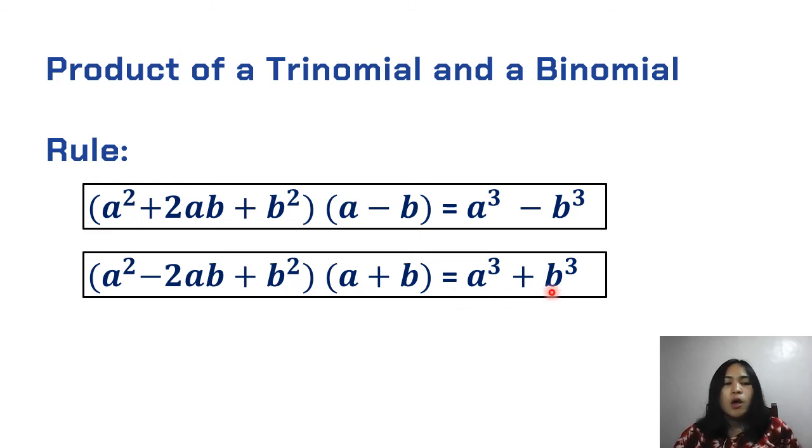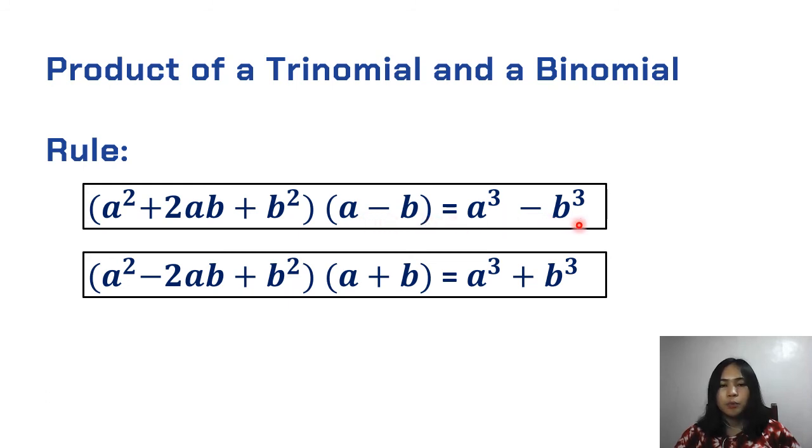plus b cubed. So, observe natin, this trinomial, meaning composed siya ng 3 terms. We have the first term, second term, and the last term. Kapag si trinomial all positive, and si binomial natin is, ang operation na ginamit is subtraction, the product is in a form of subtraction then. So, a cubed minus b cubed. Again, kapag si trinomial all positive and our binomial is in the form of subtraction, the result is a cubed